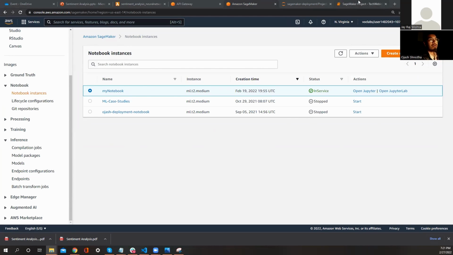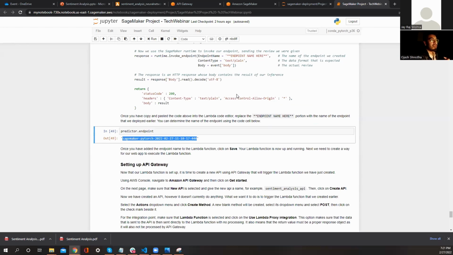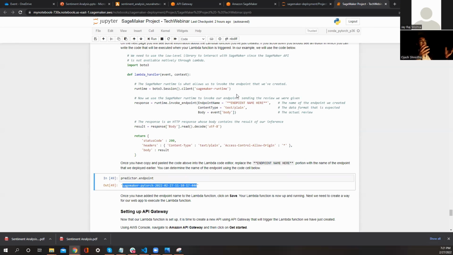So this is how you actually integrate the entire machine learning process from a service on Amazon, right? And you need to make sure that if you are using Amazon SageMaker itself, you need to be using Amazon Lambda and Amazon API Gateway, because you cannot use third party in this case. If you want to use Azure's service for this, at times it is not going to be able to integrate with that, right? So you need to see how these services are connected together, or if they are allowed or not.